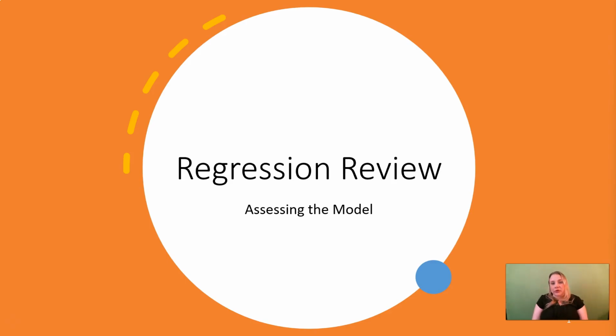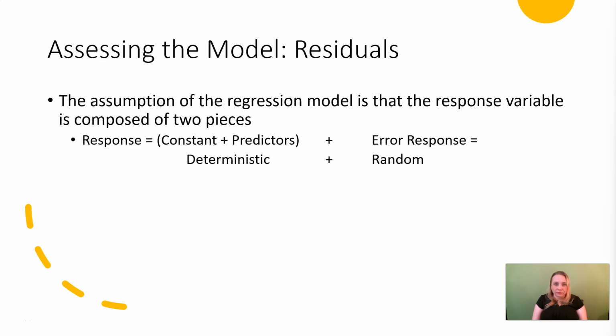So now you've made your regression model. Now let's go through and assess that model. So remember, the assumption of the regression model is that the response variable is made out of two pieces. We have our constant plus our predictor variables, which are deterministic, and then we have our error responses, which should